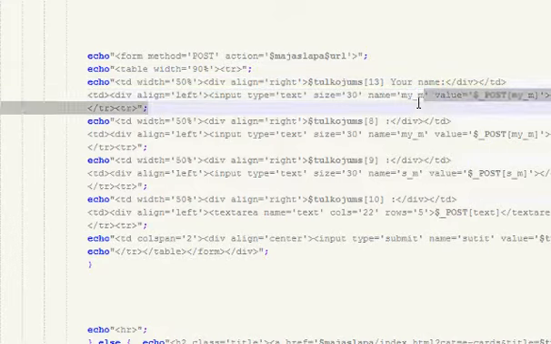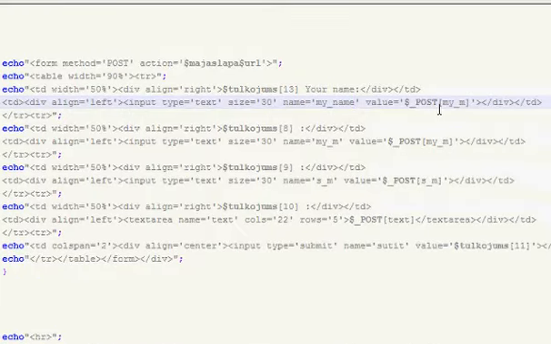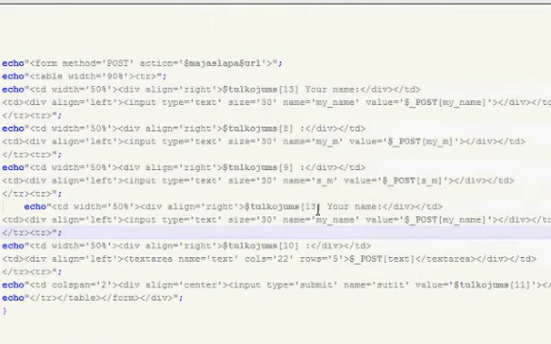Let's leave it as my name. And this is so that if it goes back to the same page and has an error, it leaves the field full and not empty. So just write my name. And before the text area, we should write the subject. I believe it's 14. But anyway, this is just for me. You skip this part. Subject. Alright, let's just leave it as subject.